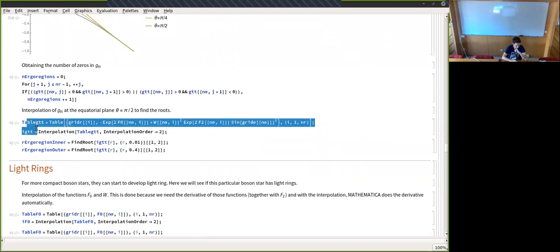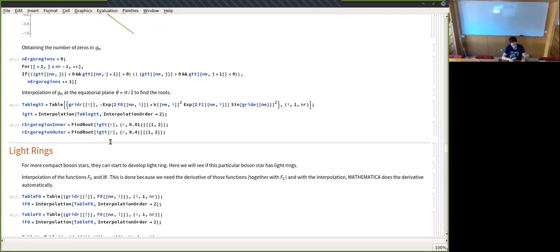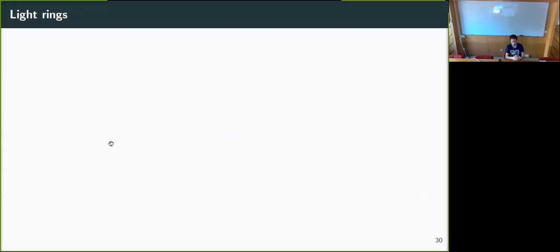And here I just interpolate the GTT function to find to what value of R the ergo regions appear. Moving to the next part, you can also compute the light rings. Very simply, light rings are circular orbits of light around, in this case, the Boson star. If the Boson star is compact enough, it can develop light rings, but not all